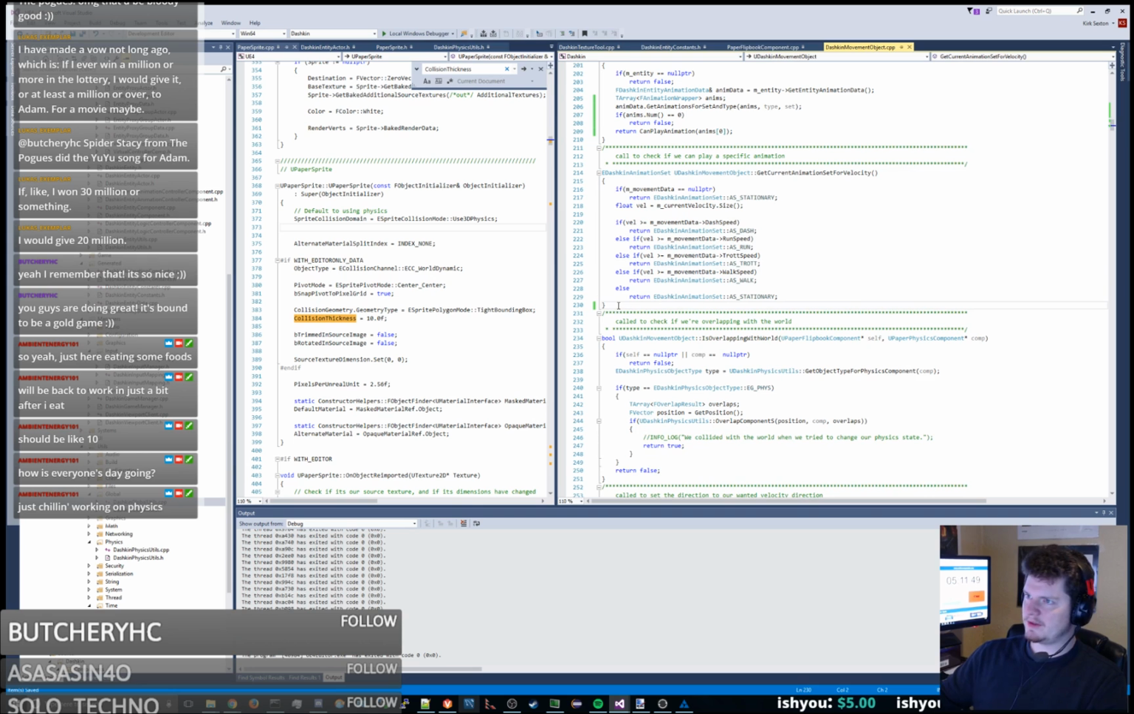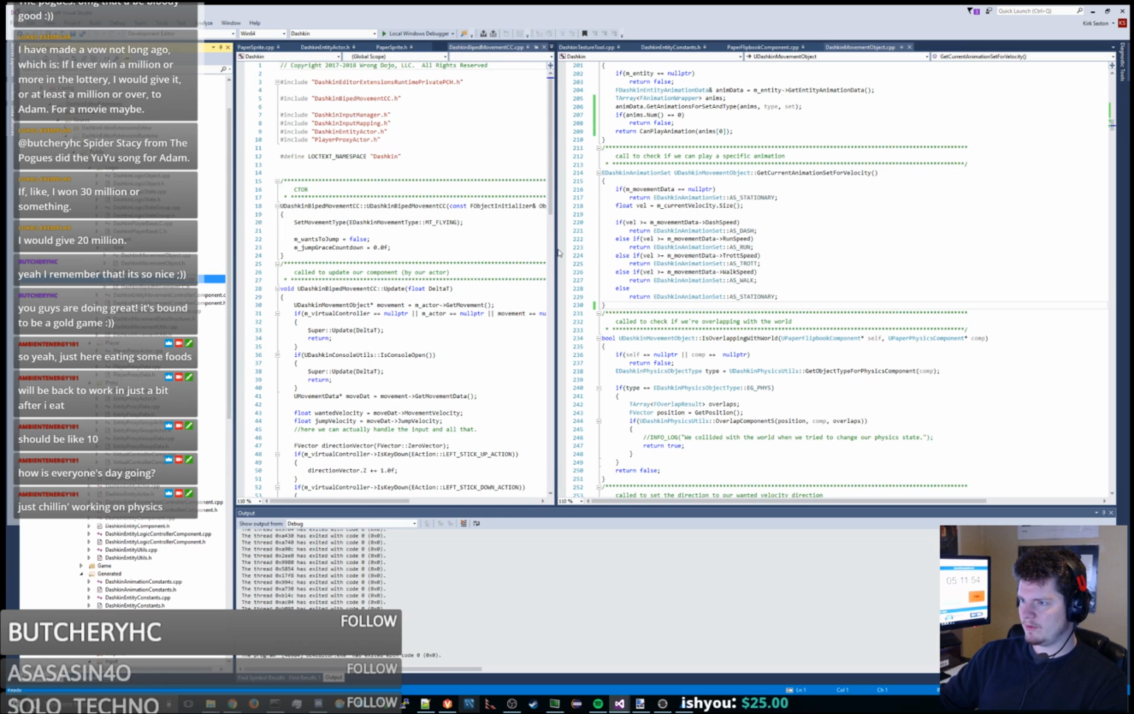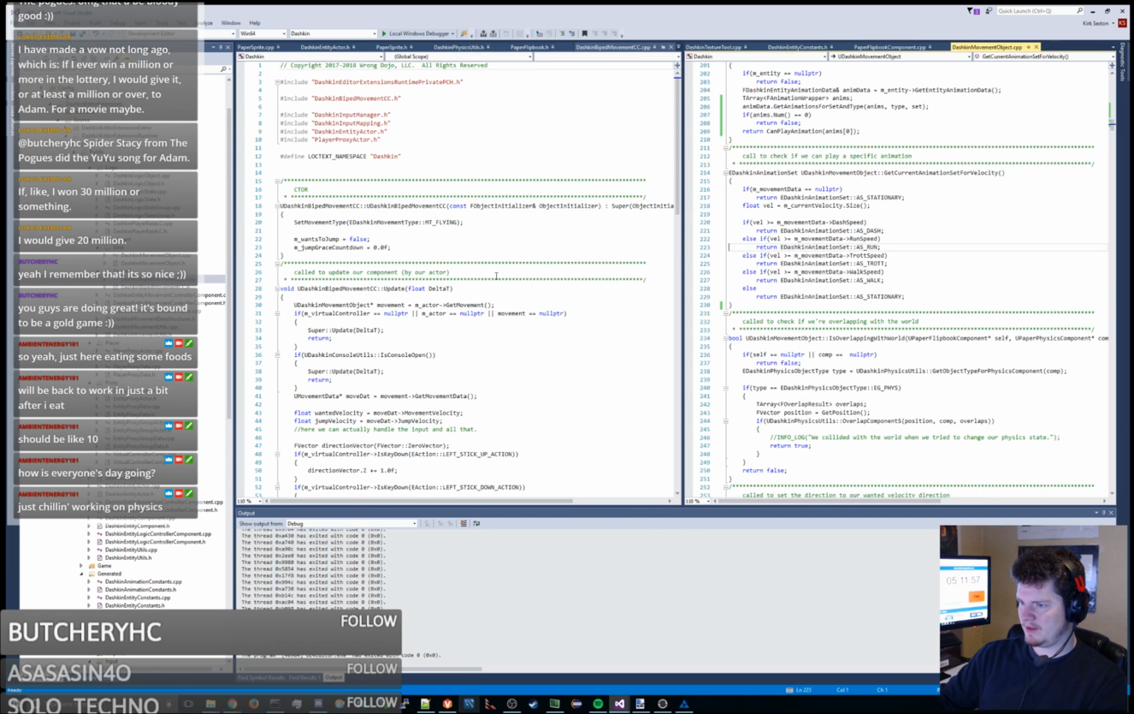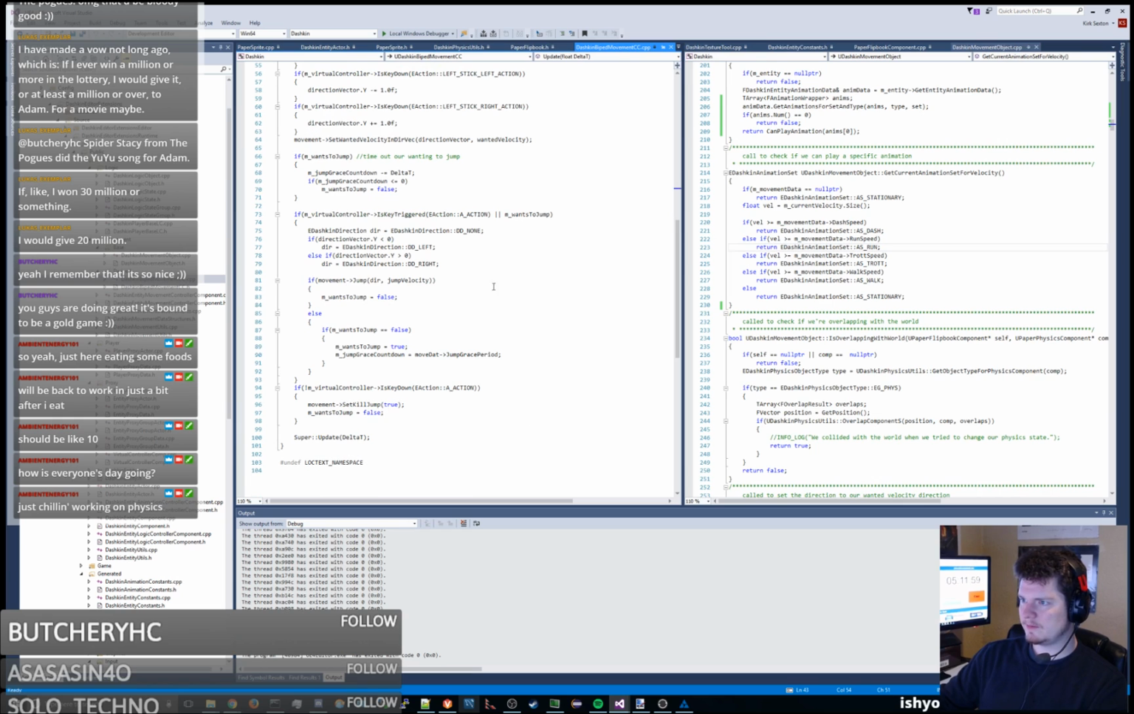So what I'm going to do is hook up our virtual controller here. I'm just going to have it so that when I press the X key, it checks the animation for us. So I'm just going to do if virtual motion controller is key triggered, A action. Let's just do B action. Then we're going to call movement